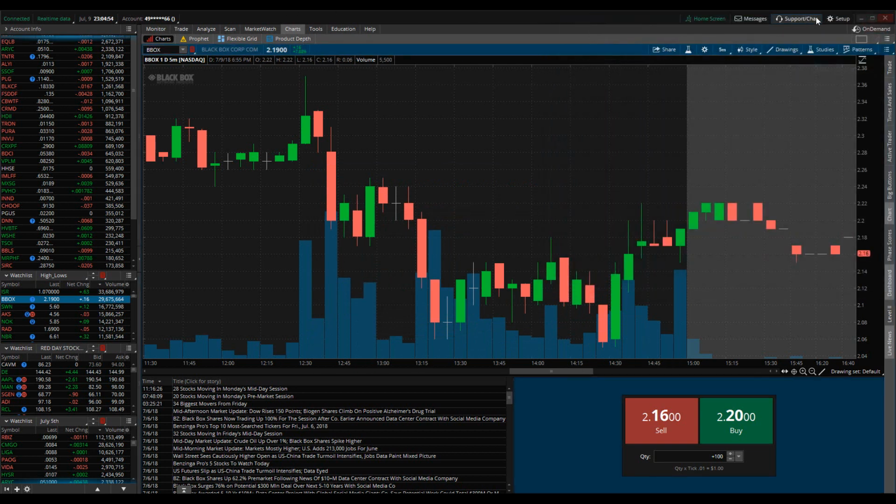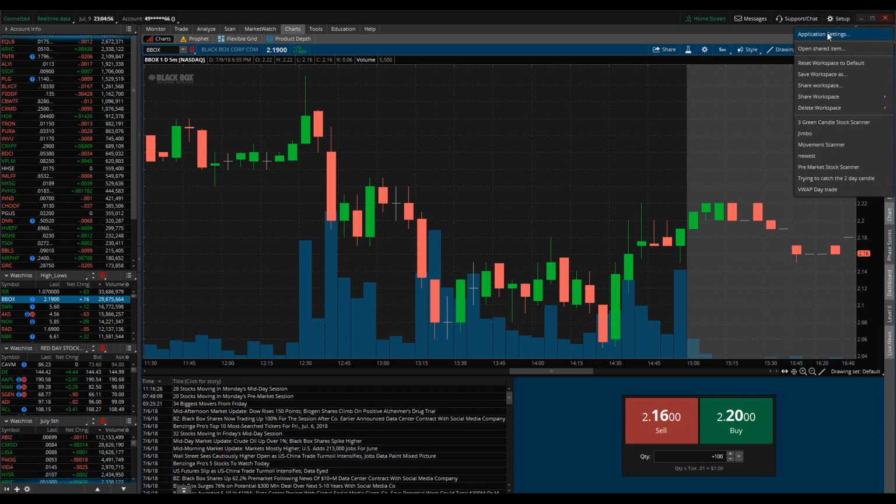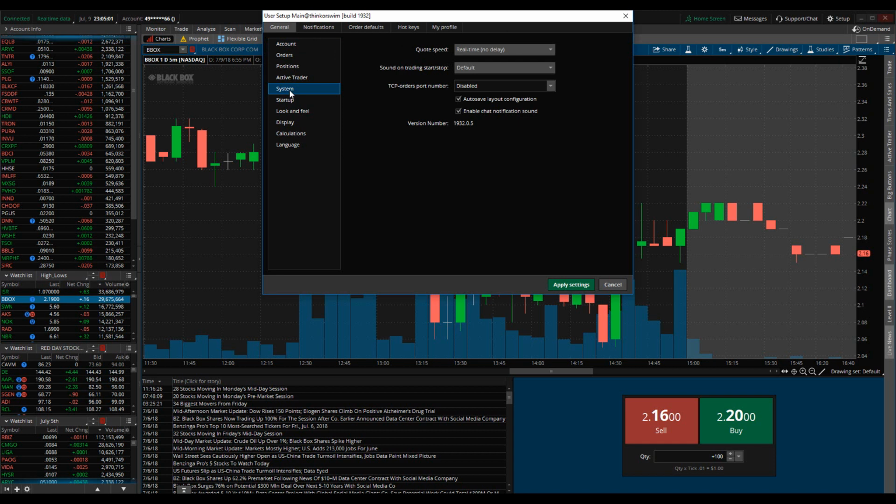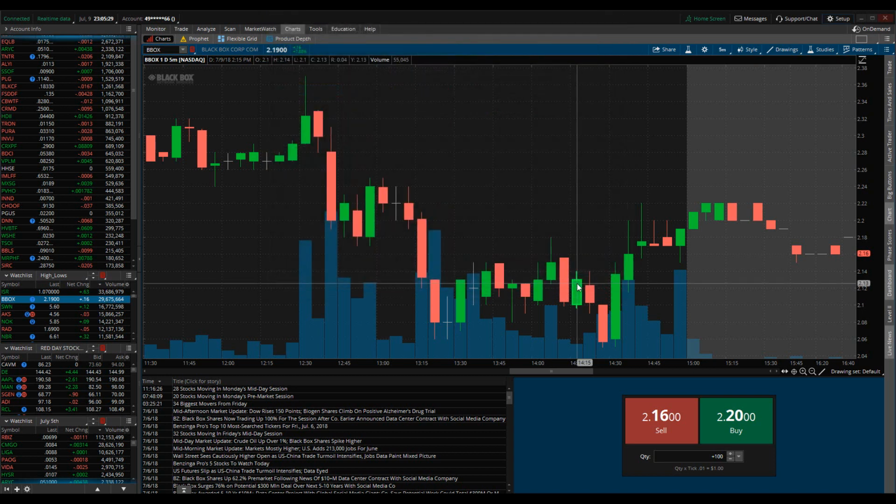Now after you do that, come over here to setup, application settings, and system. So up here at quote speed, open this up, and if you have anything else selected than real-time data, no delay, you need to change it to this. So make sure it says real-time data, no delay, because when you are trading, you do not want any delays at all, not even 1 second. So click on that, apply settings,